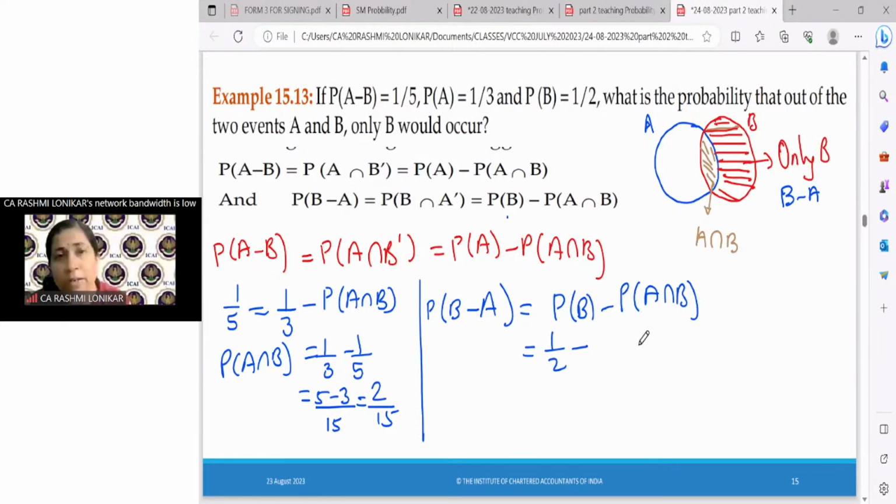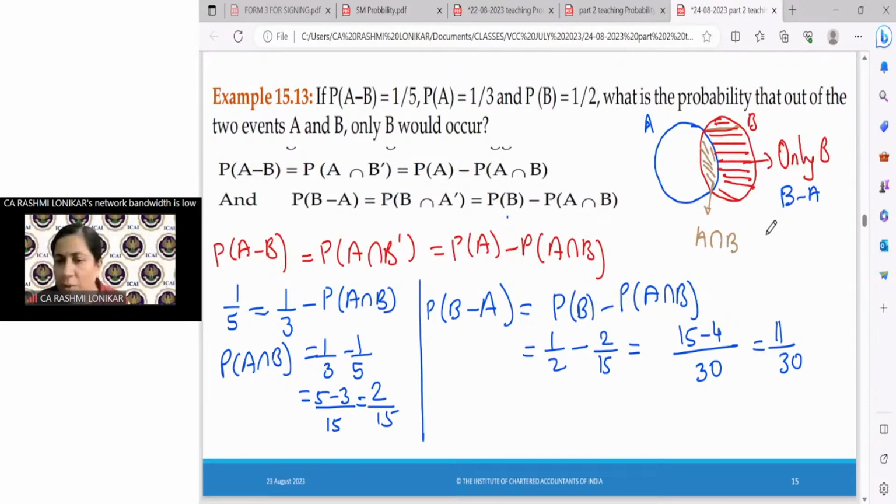So what is the LCM? 30. 15 minus 4, so you have 11 upon 30. So what is the probability that only B will occur? 11 upon 30. So I have shown you in the diagrammatic way what it is representing, and by calculation